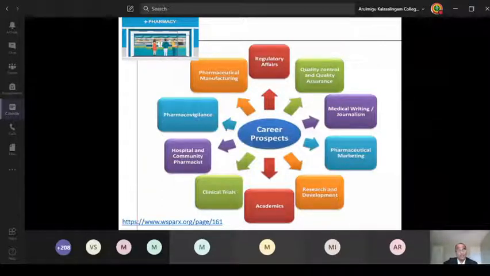If any complaints are coming from the consumers or patients, they will keep a watch on the database, and they also keep watching the drug safety and efficacy database and everything in pharmacovigilance. Likewise, hospital and community pharmacists: community pharmacy, hospital pharmacy, and retail pharmacist jobs are available in plenty. There was a lot of demand previously, but for the future, I'm going to talk in my next slide about the demand for clinical pharmacist, hospital pharmacist, and retail pharmacist jobs in the USA and worldwide.